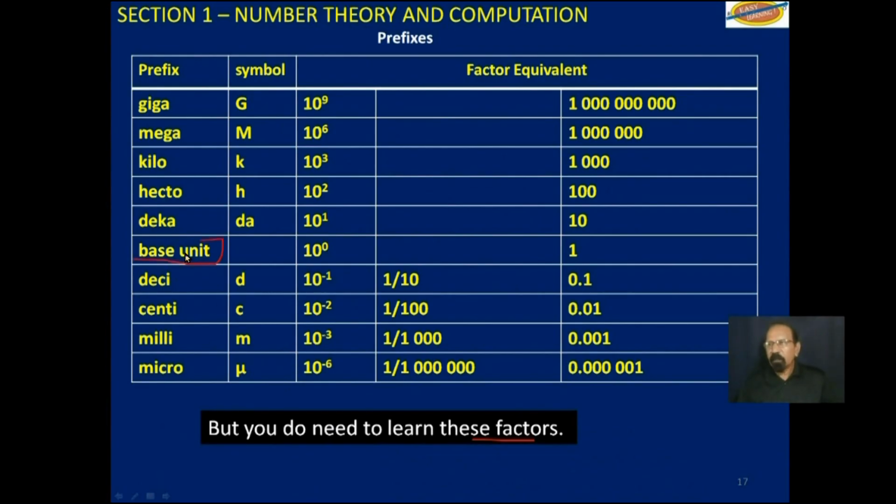Once you have the base unit, the next lower unit is 1/10, which is deci. And the next lower one than that is 1/100, which is centi, then milli, which is 1/1,000, and micro. And as you go up, so you would have to learn these. Take some time and learn them, because we will not use them only for linear measurement. We will do something with these same factors here when we come to square measurements, which is the next video, and cubic measurements. So look at them and learn them. You will have to use them.